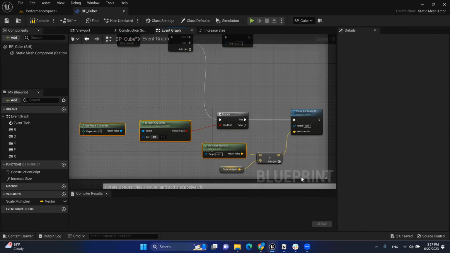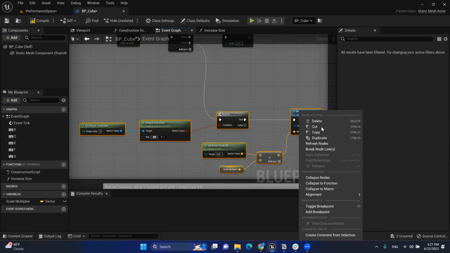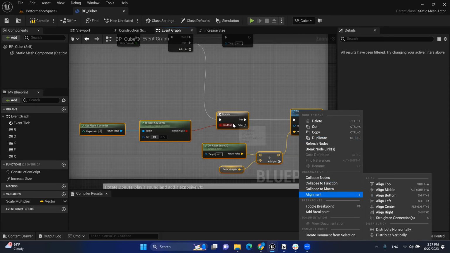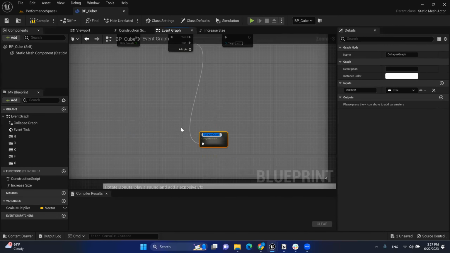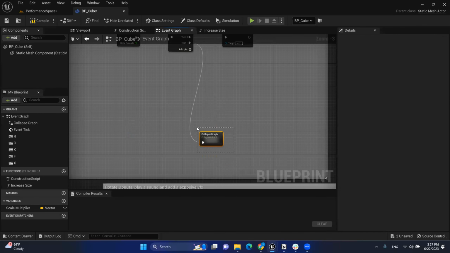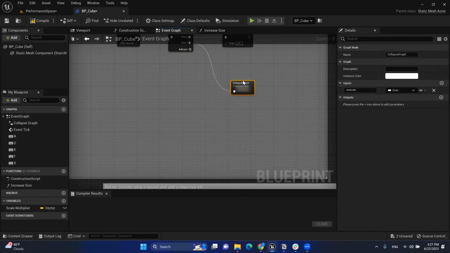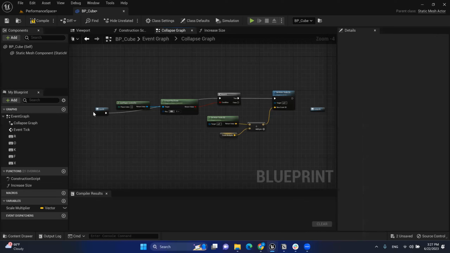There's another thing we can do rather than creating a function. You highlight everything, you right click, and what we did is collapse to function. You can also simply collapse nodes, and they will become a single node. It's not a function, but it's just like squeezing everything into a single node. That's all it does. You can also double click to open it. But it's not a function. It's just putting everything together into a single thing. I guess the only purpose of this is to